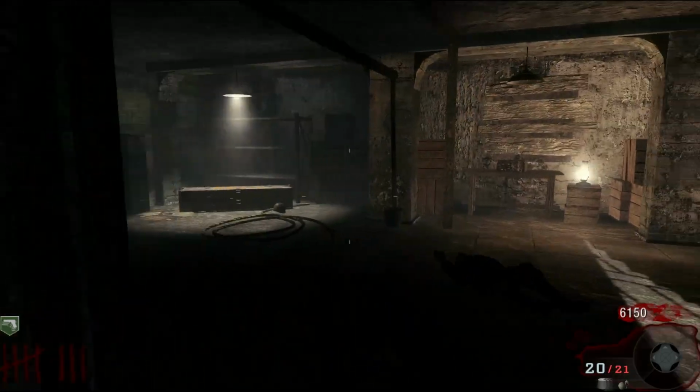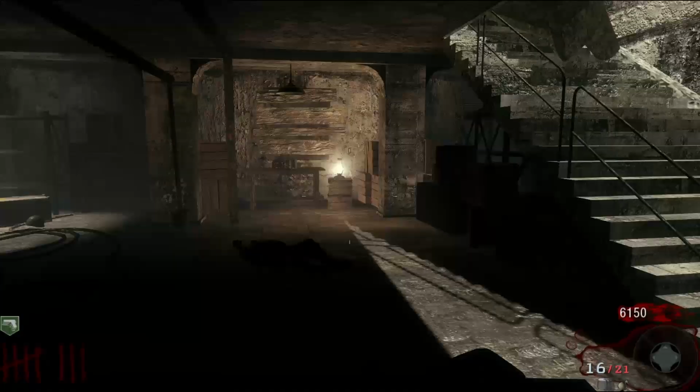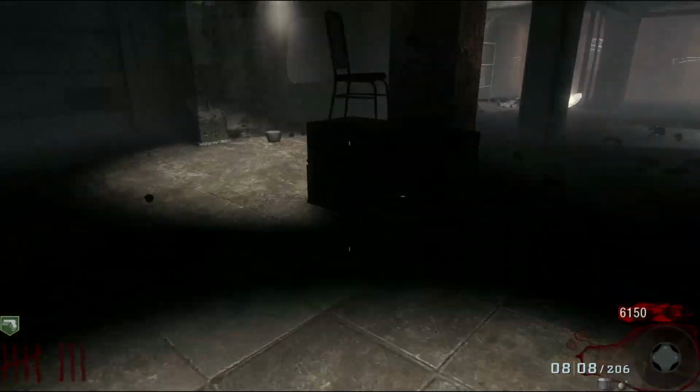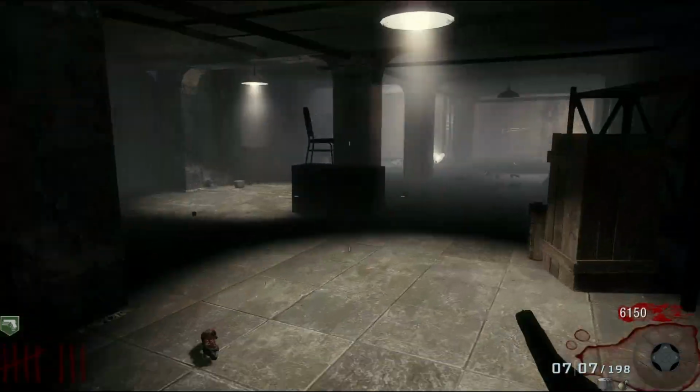Kicking off at the number 5 spot, I am going to request that we get a better radio selection on the map Nacht Der Untoten. So, a little known fact is that there's actually an Easter egg. If you are to shoot the radio that's tucked away in the corner with the mystery box, then it will